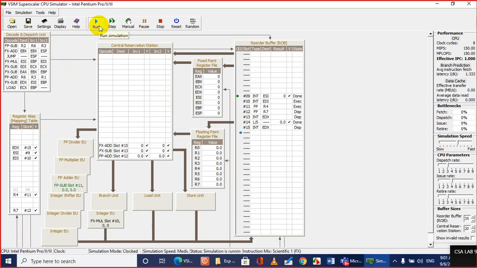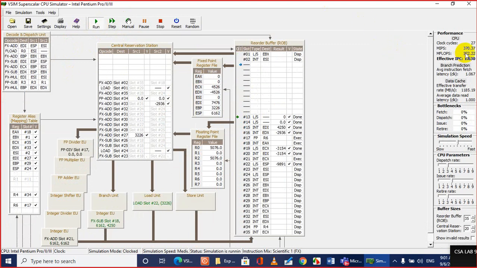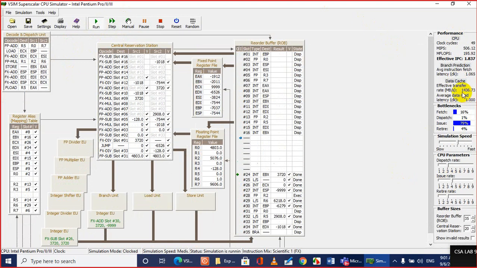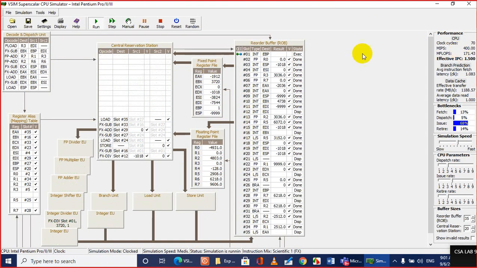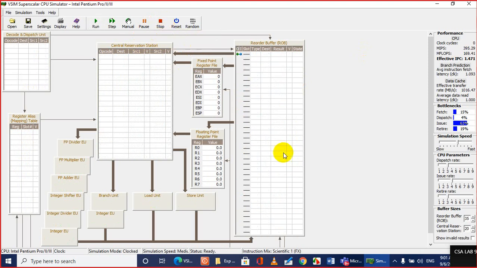So as you run the simulation, you see different design parameters, performance parameters, bottlenecks, and on the right side, what we are interested in for our calculation in today's lab. So how do we start? Let's start the simulation and let's look at your lab sheet.